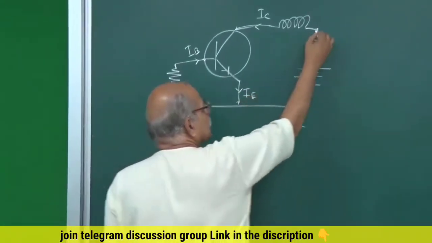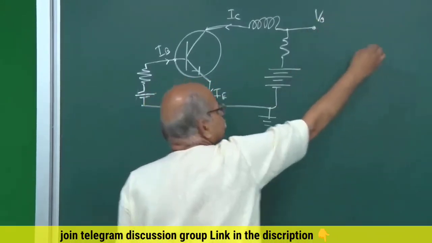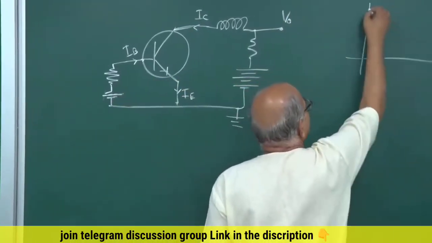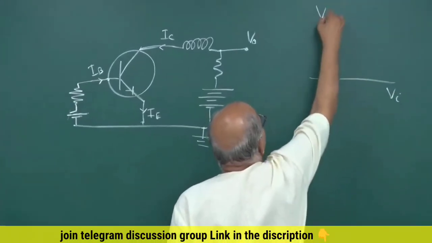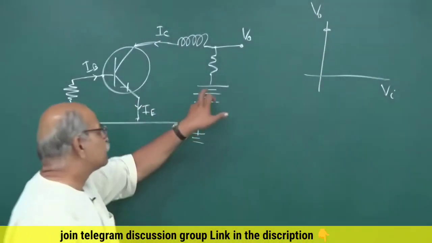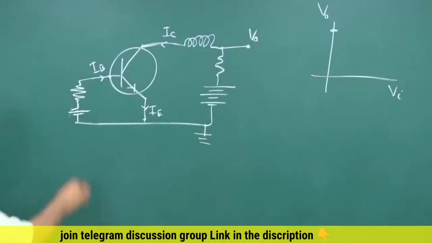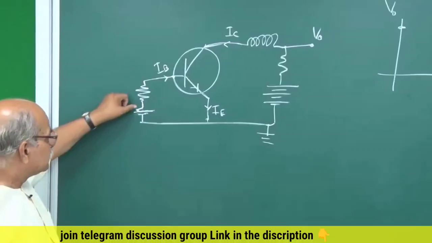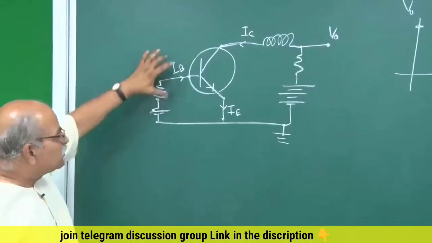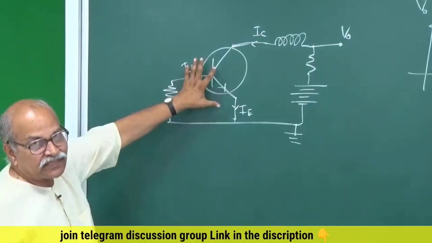And if you think of this VO here, then you are in this region. You are here. VI is 0 and VO is maximum. Whatever is voltage here, that appears here. You are in the cutoff region. And suppose suddenly you switch it on. You connect this, so that now you have a biasing voltage, and this is sufficient to forward bias it.